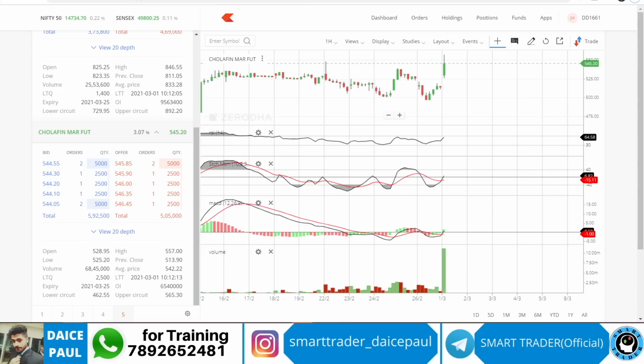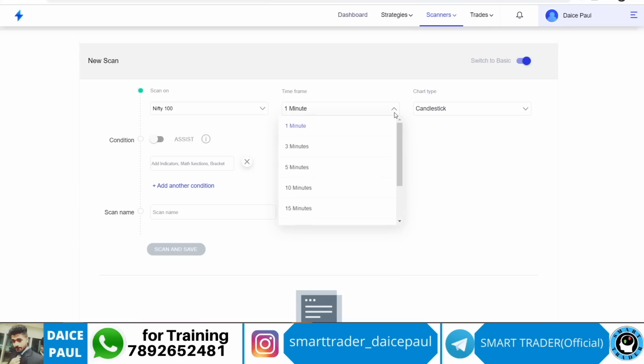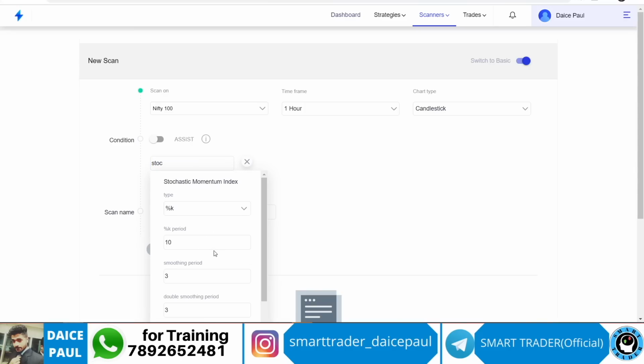Also, we can use Zerodha Streak to identify the stocks. For example, you want futures stocks or you want Nifty 100 stocks. Let's say I'm taking Nifty 100 stocks on, say, a 15-minute scale or 1 hour scale, whichever. And 1 hour candlestick, the stochastic momentum index,